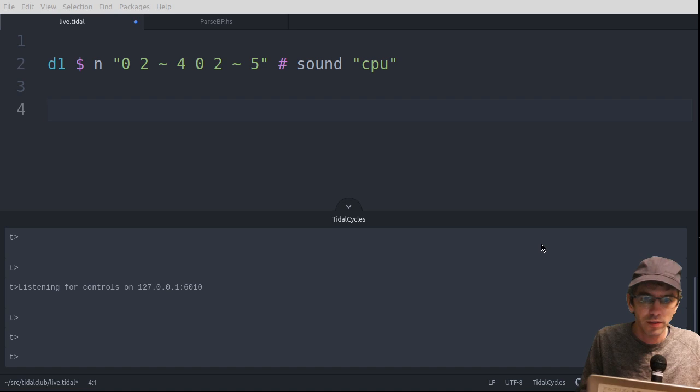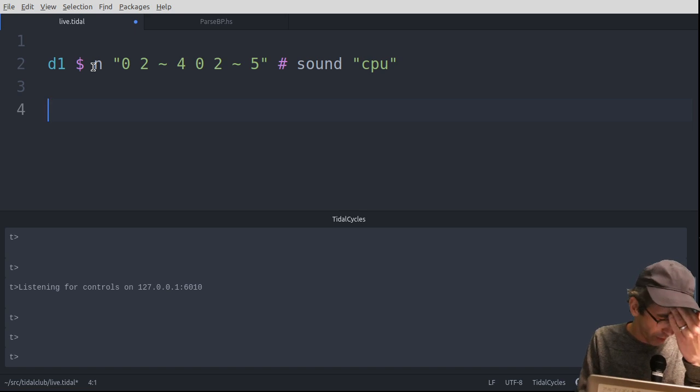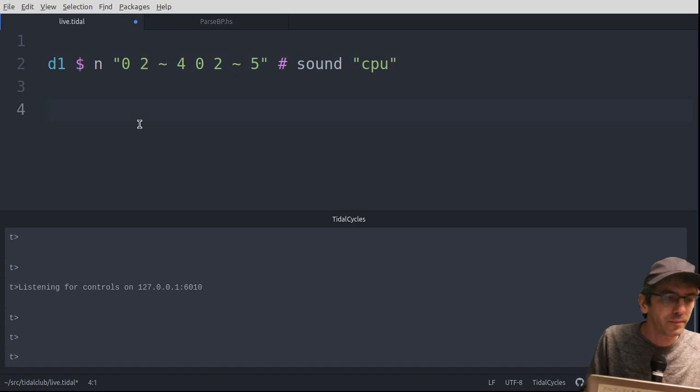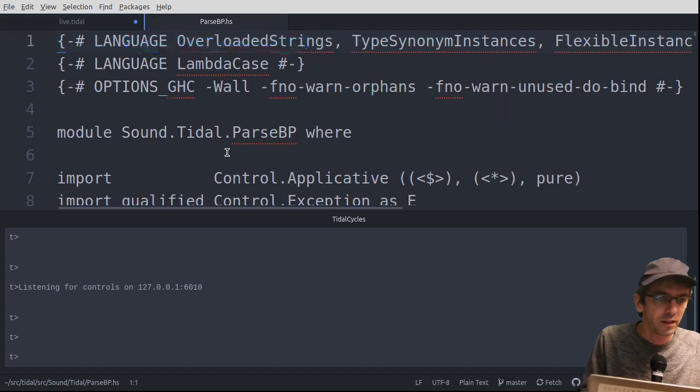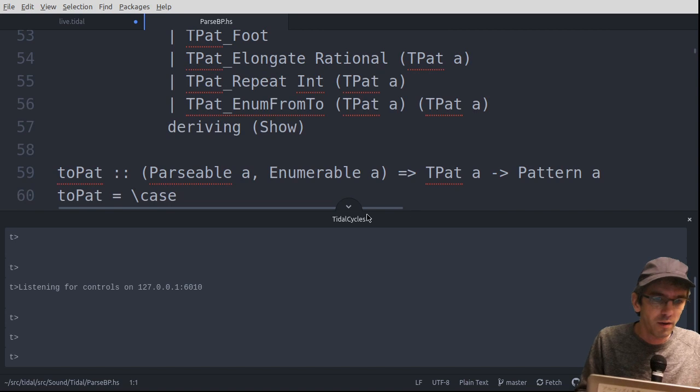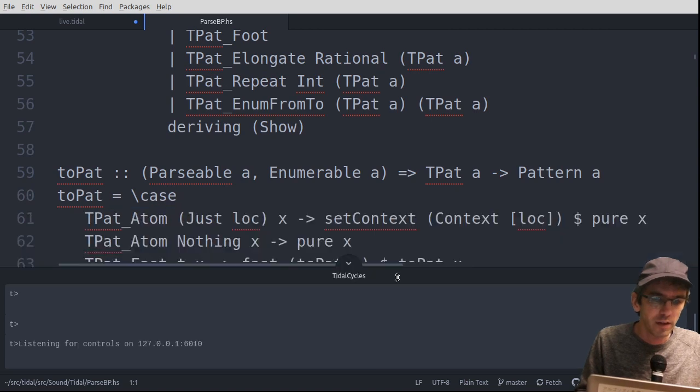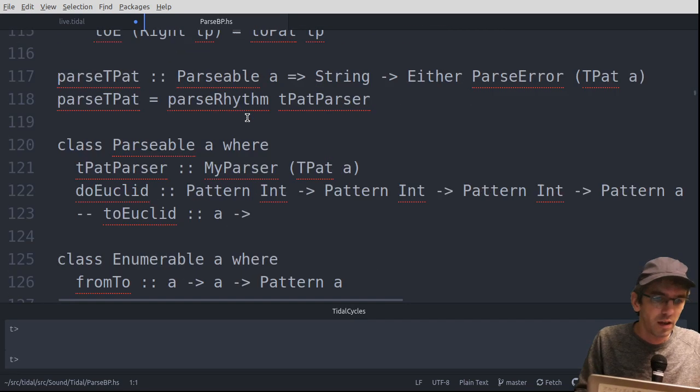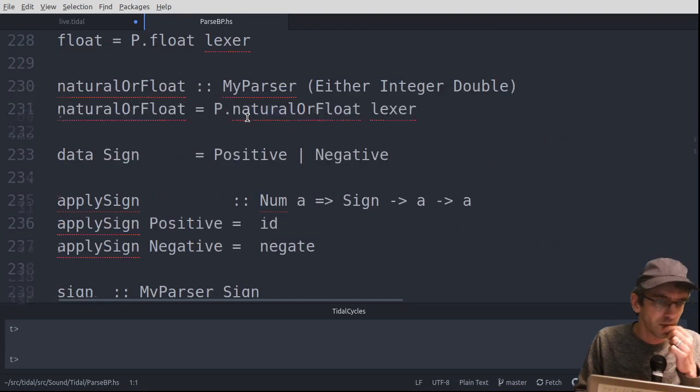So the question is about durations. I'm trying to think of something I can do which isn't something brand new. Yeah, okay. So there are ways of specifying durations as